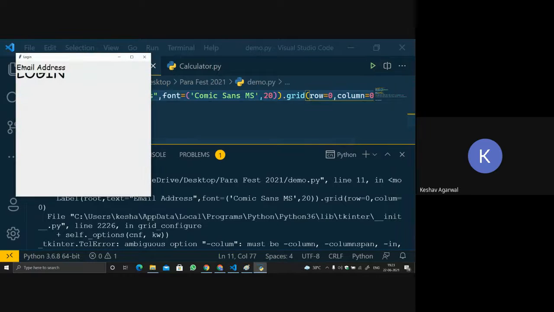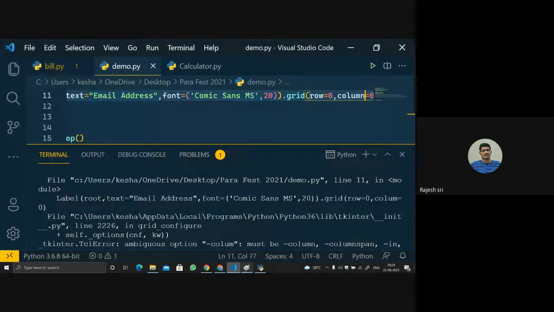See, what it did is it moved the email upside over login. Can anybody tell why the email address came over login, not below login?